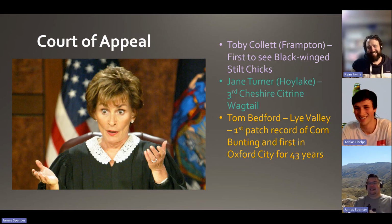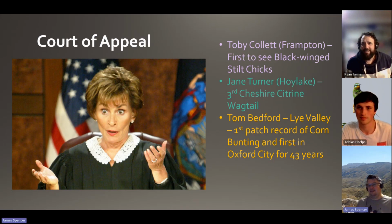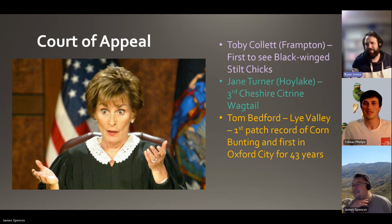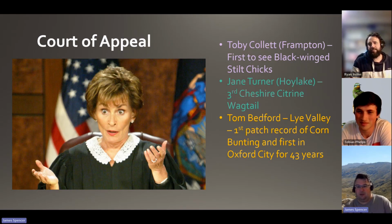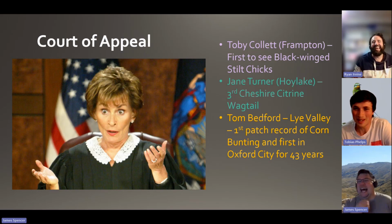No, I think this depends on the circumstances, doesn't it? That's fine. The rules are one bird. What do you think, Toby? I think if you found one and then you find another rare bird, so say you found one Magnolia Warbler and you found another Magnolia Warbler separately on your patch, do you think you deserve additional finder's points, Tobes? I'd say yeah, because I'd want the extra points. But